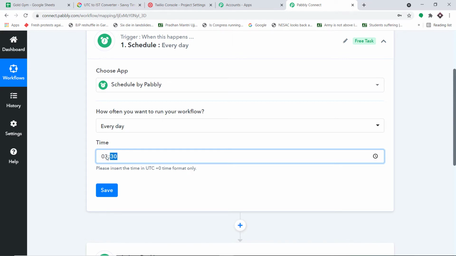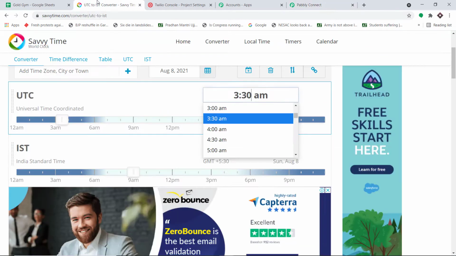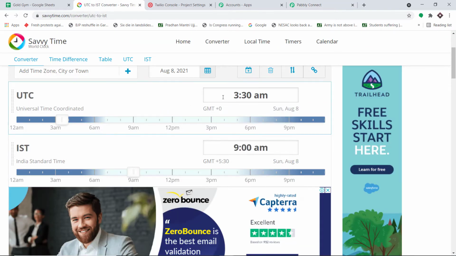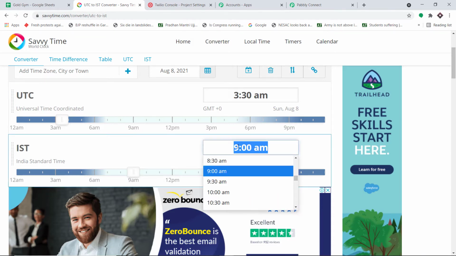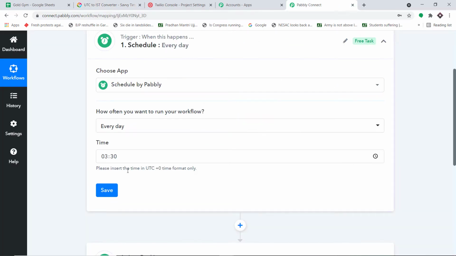This is because Indian Standard Time is ahead of UTC by 5 hours 30 minutes. So if I mention 9 a.m. here, it will show as 3:30 a.m. Now imagine if I want to send it at, let's say, 11 a.m.; the equivalent UTC should be around 5:30 a.m. I hope you get the point. All you have to do is figure out the country you live in, mention the time, and you will get the equivalent UTC. At this point, all you have to do is click on save. So we have made sure that we have a successful schedule.